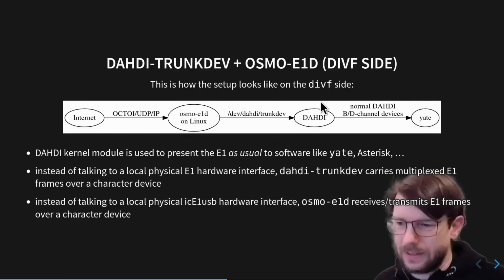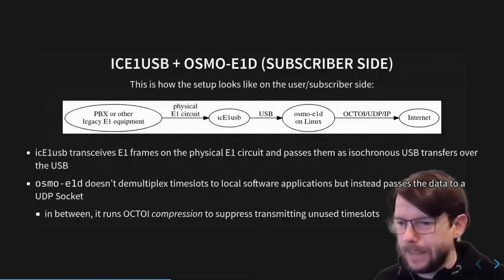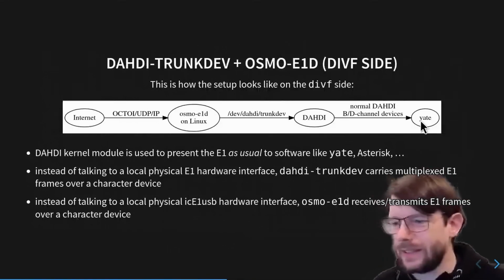So it doesn't talk to a local line. So in the end, we create a setup, if we go back to the earlier diagram, where we have a subscriber hobbyist here with a PBX that has a physical E1 circuit, and that gets magically transported over here, and it becomes a virtual DAHDI trunk locally here at the central soft switch, so that the physical E1 circuit that appears here at the subscriber just looks like a local E1 circuit here at the soft switch at the DIVF. And as said, to Yate or to the soft switch that you use, it looks exactly the same like any other